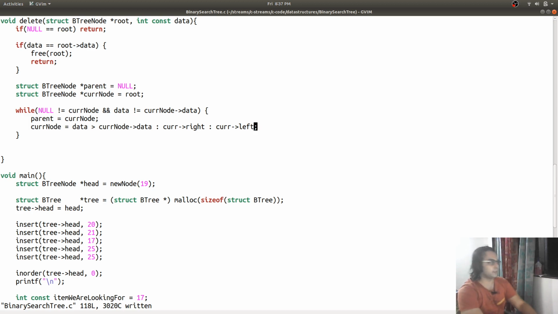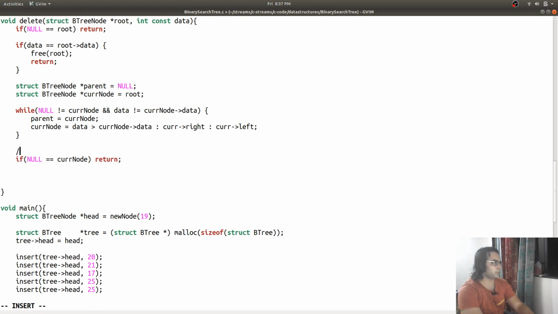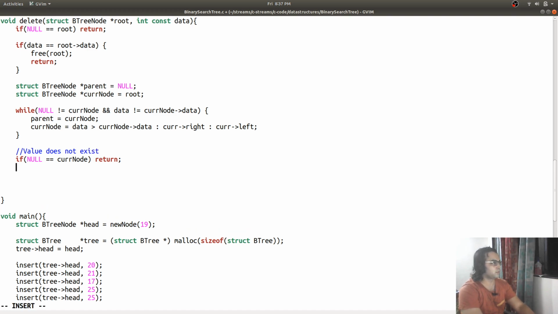So it moves to the right, and when it's done, we check if null is equal to current node. That means that the value doesn't exist. If parent is equal to null, then free current node.